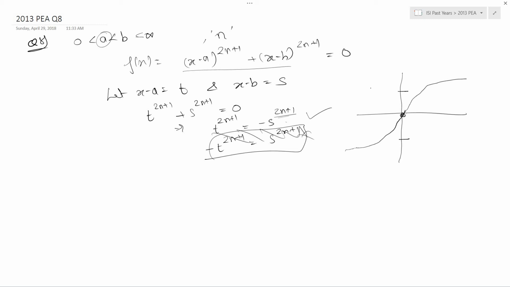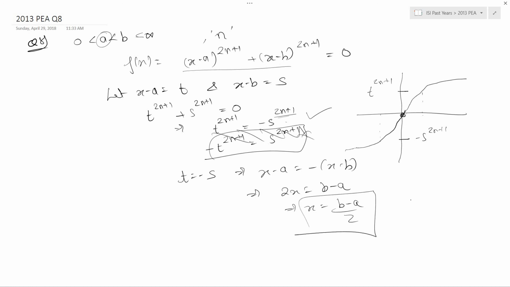So if this is your t^(2n+1) and this is your −s^(2n+1), by symmetry you can say that this can happen only if t = −s, which implies x − a = −(x − b), implies 2x = a + b, implies x = (a + b)/2. So this is going to be the only solution for this equation, and so you have just one solution, which is option